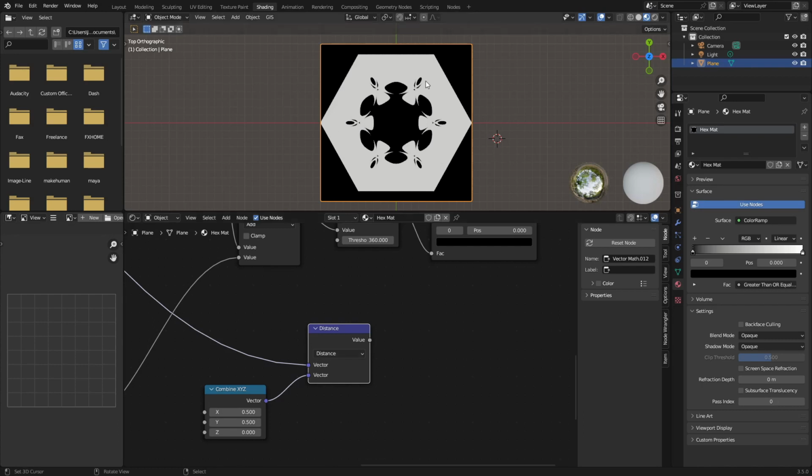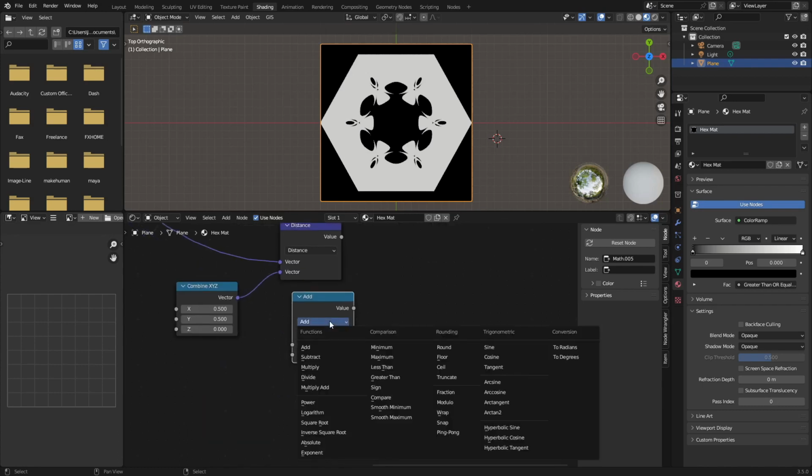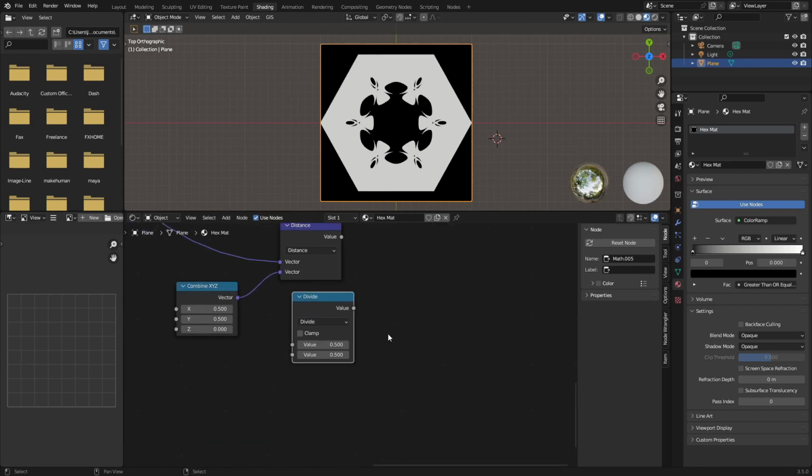Because UV is just any point here, and the offset tells us where our center is. Following that, we need now a normal math node. So that we can do some division. So divide,